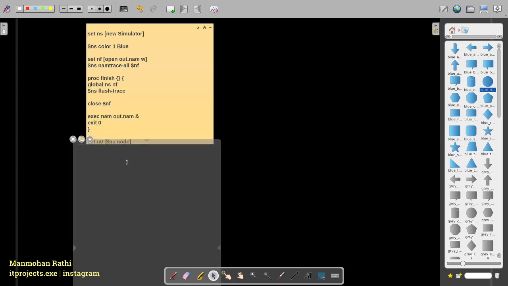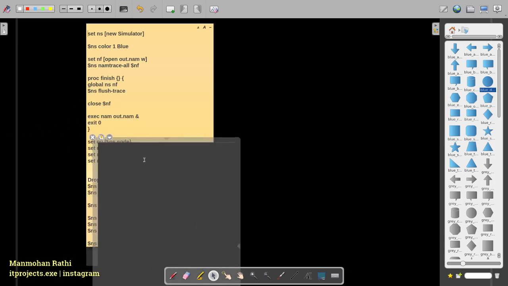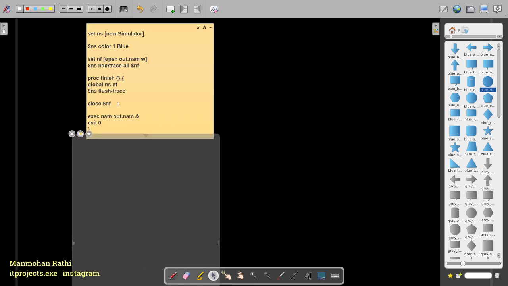Again, we need a finish procedure every time. Here we have a finish procedure that we call at the end of the program to clean up all the files and end the execution. We have the global ns and nf variables, which means it is calling the simulator and the nf file that we just opened, the .nam file.